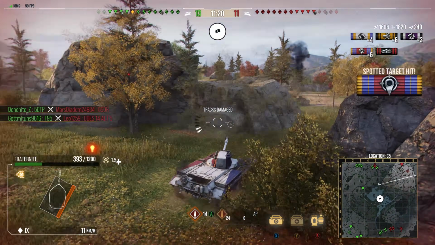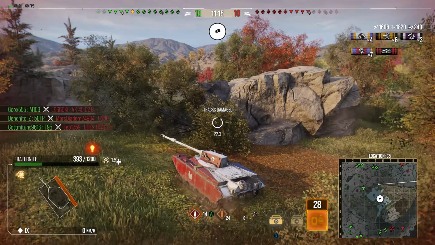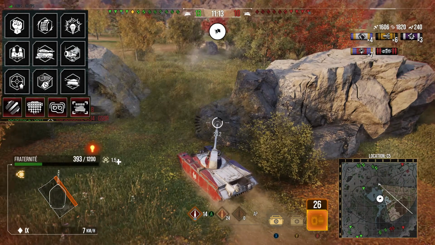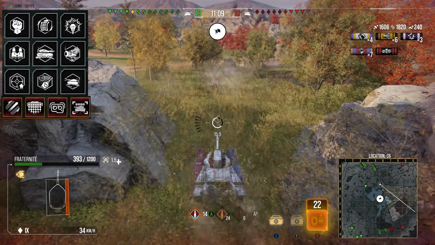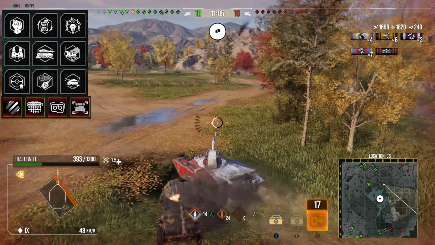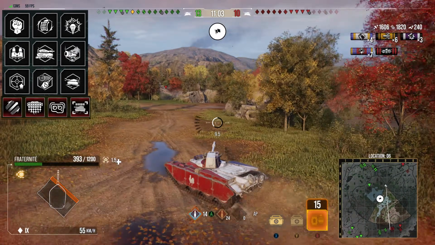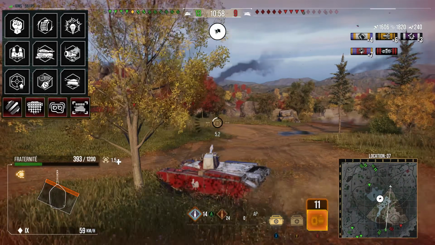So what do I run in terms of a crew and equipment on the old Fraternité? I run Born Leader, Rapid Reload, Sixth Sense, Situational Awareness, Camouflage Expertise, Muffled Shot, Steady Aim, Snapshot, Run and Gun. The 3 gun perks will make this gun as good as possible, because you do get the accuracy down to 0.31 with this setup, and the accuracy during rotation and movement at 0.5 and 1.79, which is really good